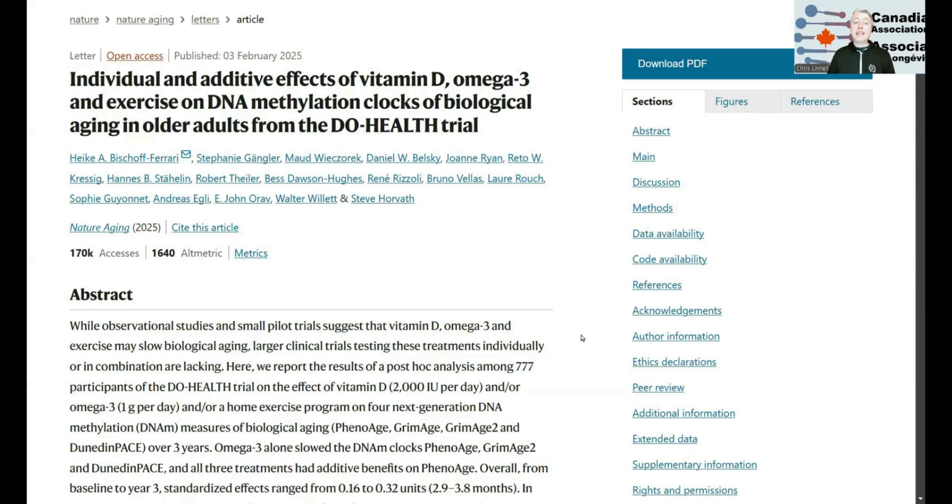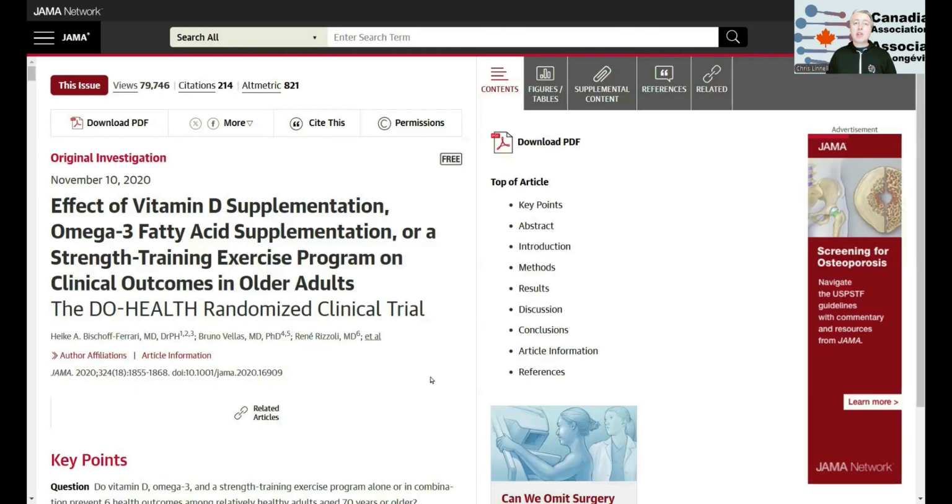Before we look into the details of this study, we will briefly look at the results of 4 prior studies using the Do Health data. The first study looked at blood pressure, fracture risk, physical performance, infections, and cognition. And although for most of the parameters they did not find any significant difference, for infections, they found that those who took omega-3s had a 13% lower risk of infection, which was particularly significant for upper respiratory tract infections and